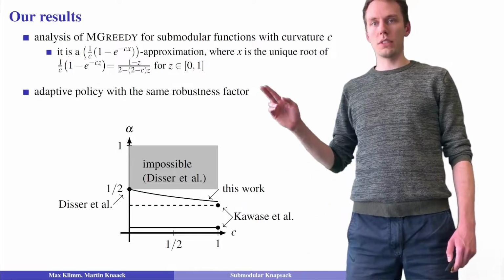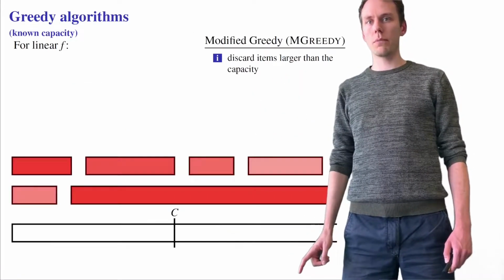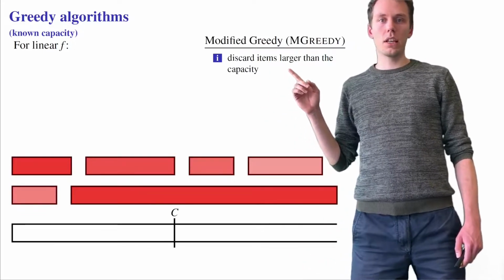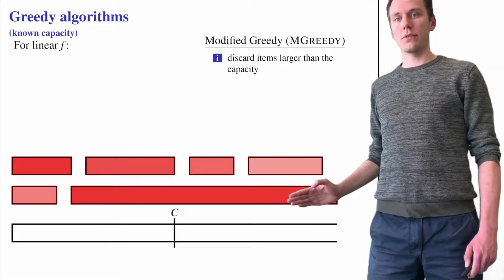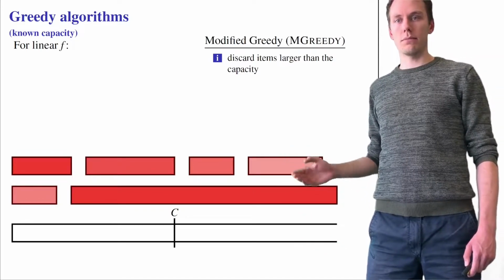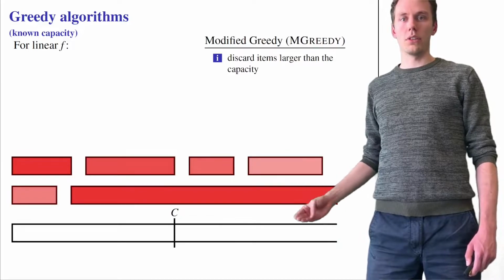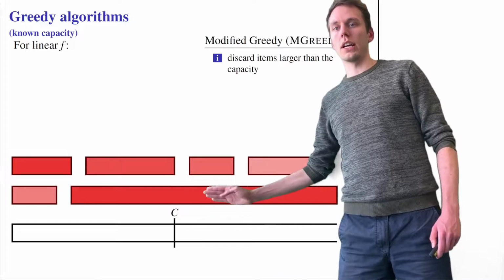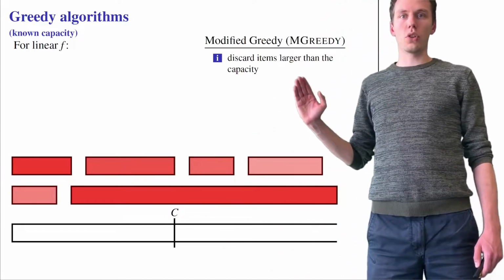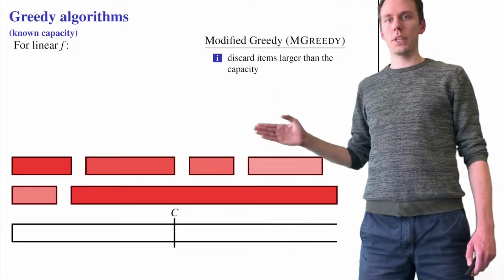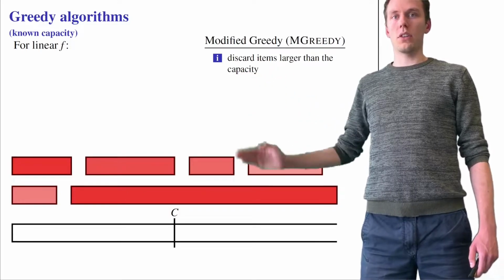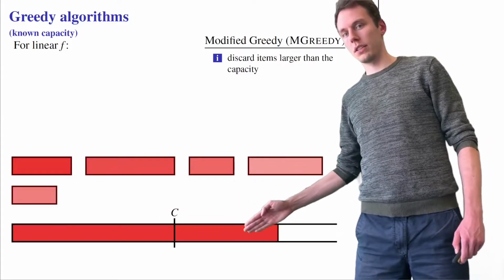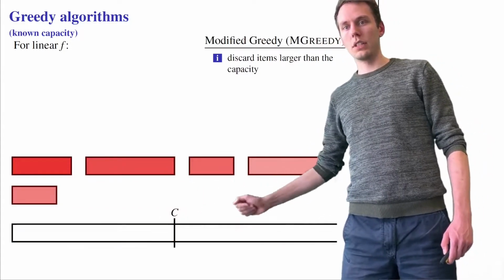So before we come to this adaptive policy, we will take a look at the greedy algorithm. Here we are looking at the greedy algorithm for linear functions f, and we have a small example down here. We have different items here in red, and their size is given by the horizontal length. Down here we have the knapsack with the capacity, and we want to add items now to the knapsack. The modified greedy algorithm first discards all items that are larger than the capacity. For example, this really large red item here would exceed the capacity as a single item, so